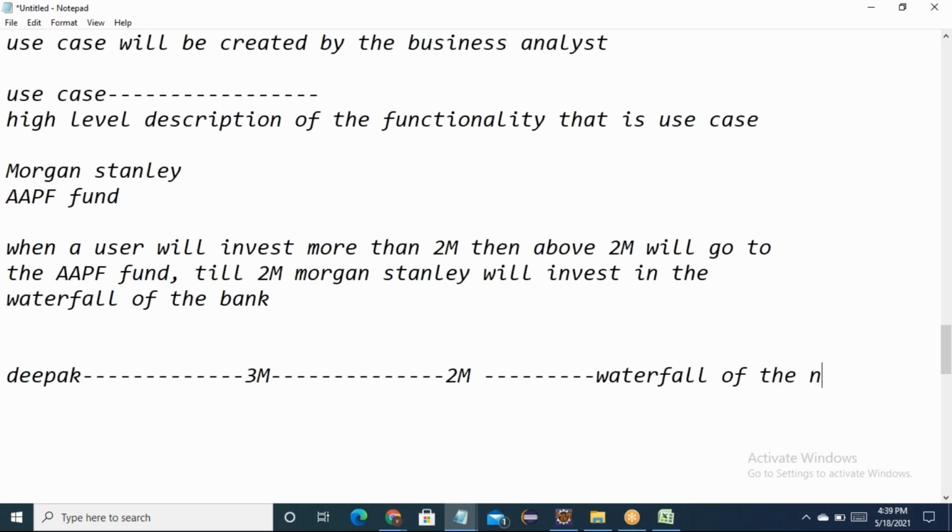What do you mean by waterfall of the bank? Like, there will be 2 or 3 banks in which Morgan Stanley will invest Deepak's money. Okay. 1 million will be in the APF. Yes. So basically, in APF, they will give more interest,